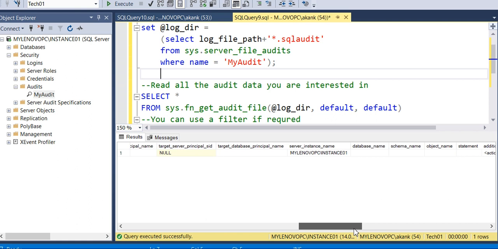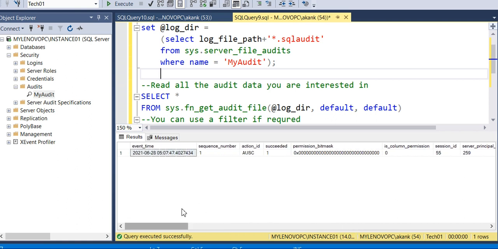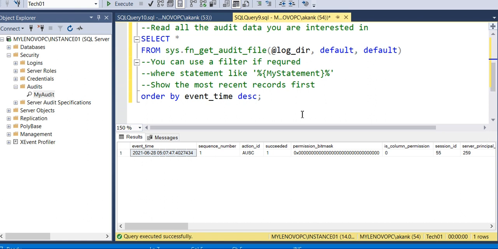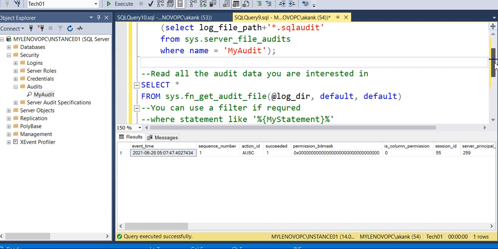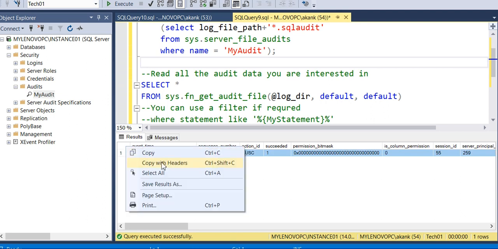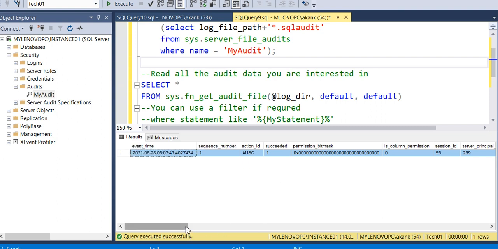It may keep executing for a while because of the file size, so you can put a where clause here with the date, and extract the reports based on the where clause, like the past 2 months. Then just select the results, copy with headers, and paste into Excel, and then you can filter based on your database.